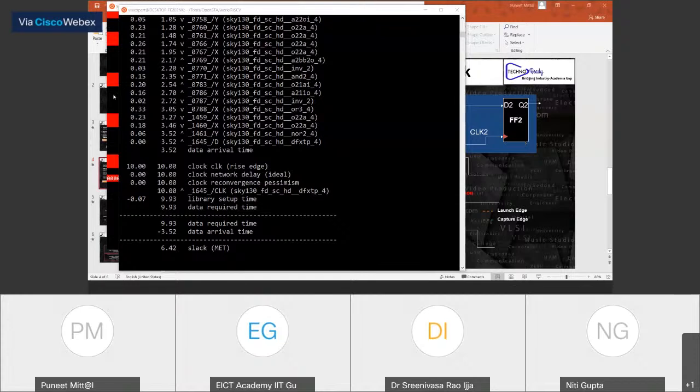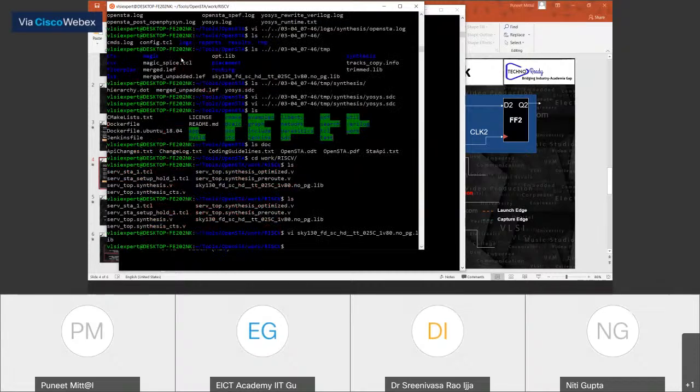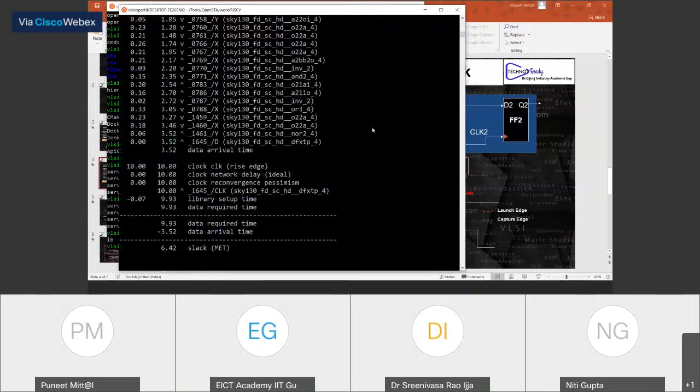I think this library portion should be clear by now. And if you guys have opened this particular library, I ask you to open the .lib and check what is inside. How are the values shown in the files decided?